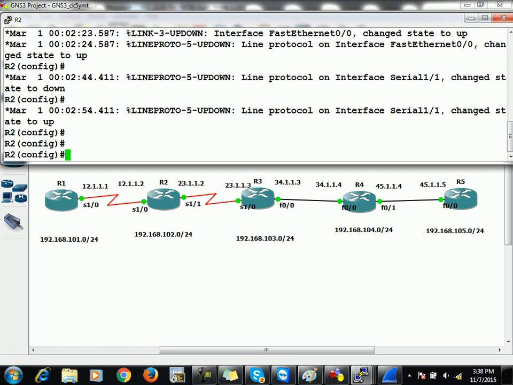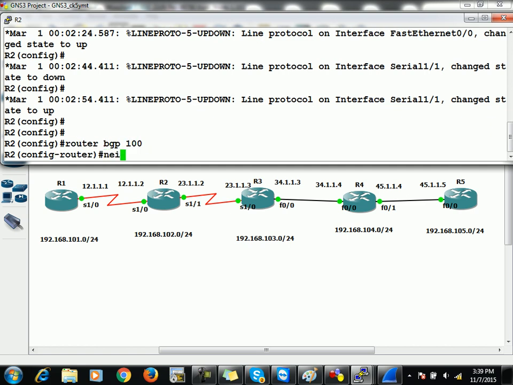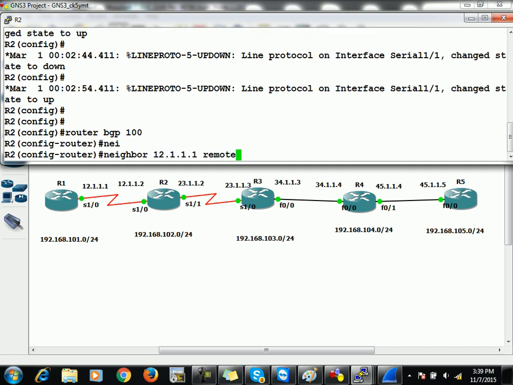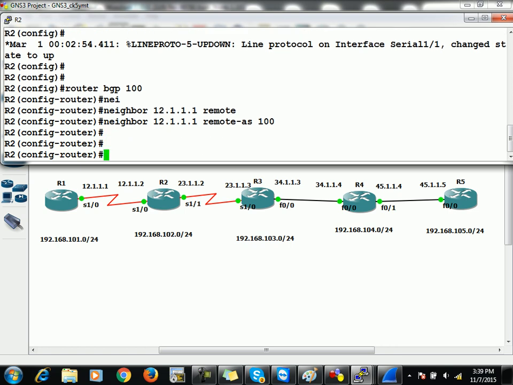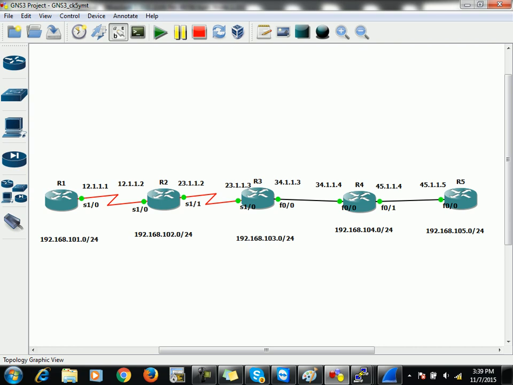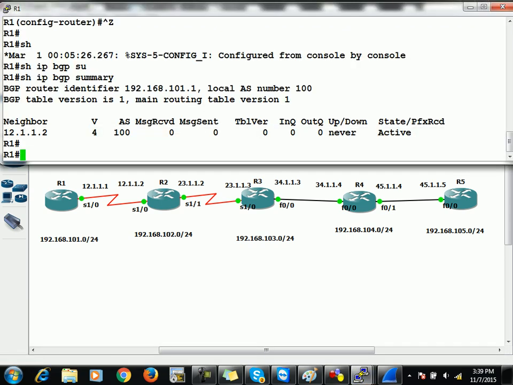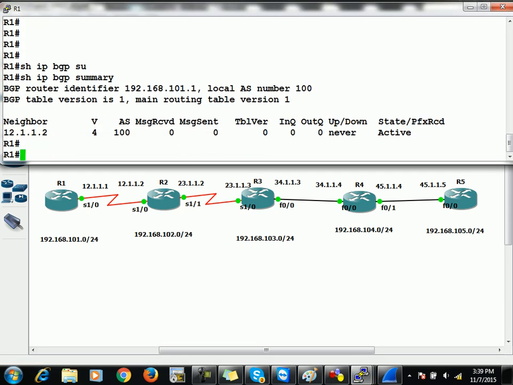So you can move on R2 now, and you can also define the BGP peer over here. You can say neighbor 12.1.1 and remote AS is going to be 100, right? So now you will see that the neighborship will come up between R1 and R2. So you can move on R1 now, and run show ip bgp summary, and you can see it